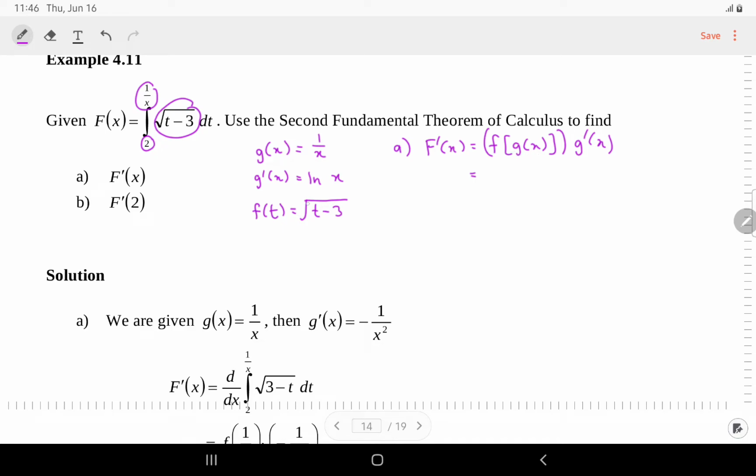So f(g(x)) means in the function f, our variable t, we need to substitute it with g. So here we will get 1 over x minus 3. Just substitute t with the function g, then multiply with g prime. So here our g prime is ln x. Okay, so the answer is,